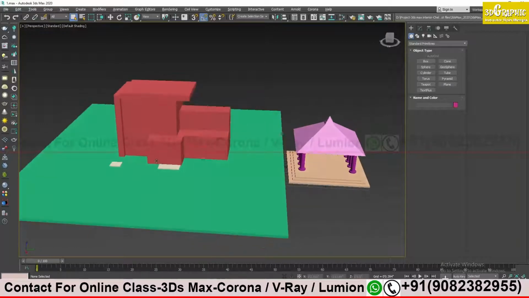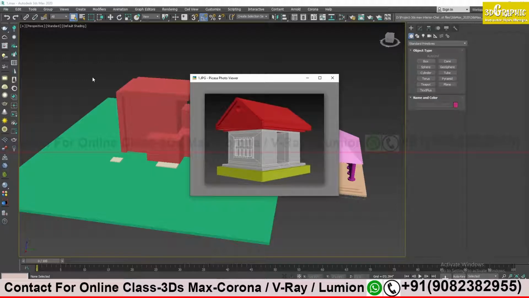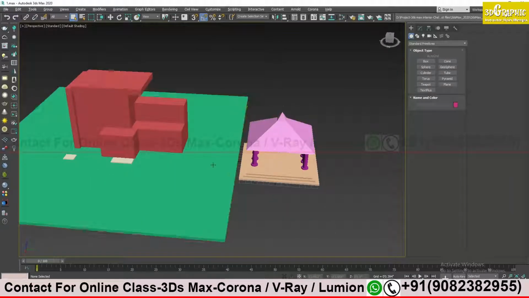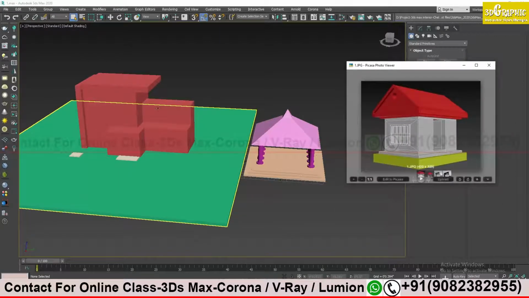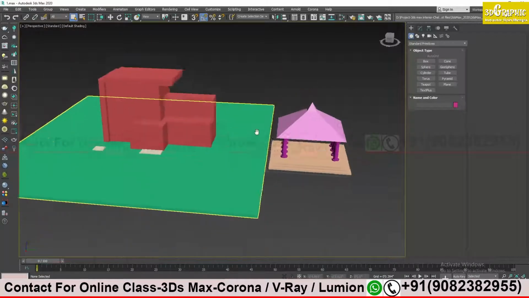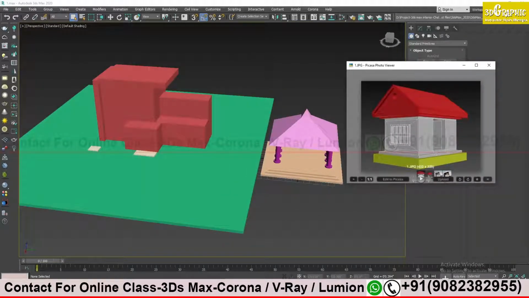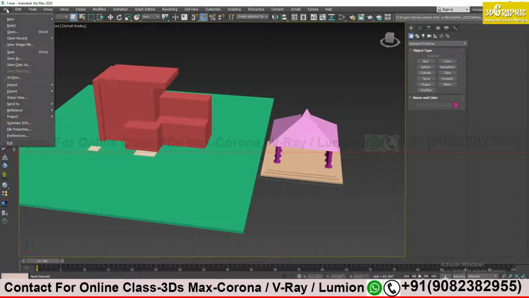I would like to explain how we have brought this reference image into our 3ds Max file. I will do it once again. To model any kind of shapes, it will be very helpful if we can bring that image into our 3ds Max file. Otherwise, if I start working in 3ds Max, the reference image goes at the back, and every time I have to click here. So I will go to file, and then I will go to view image file.